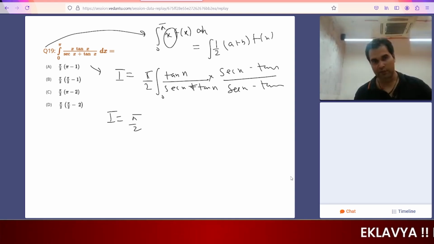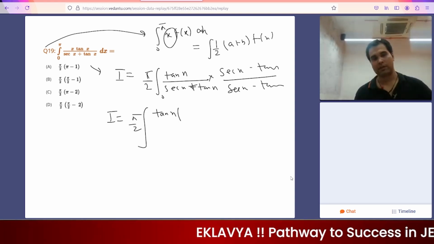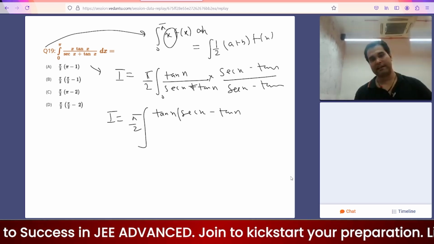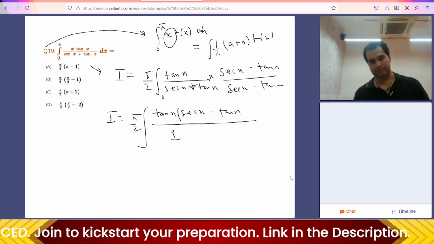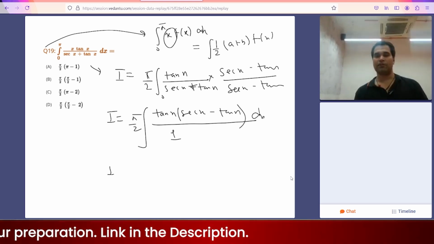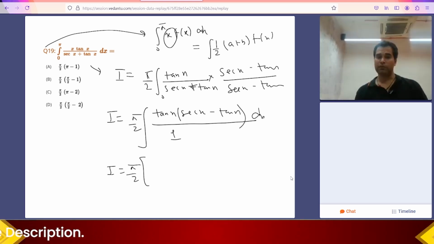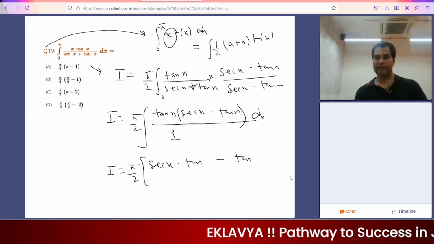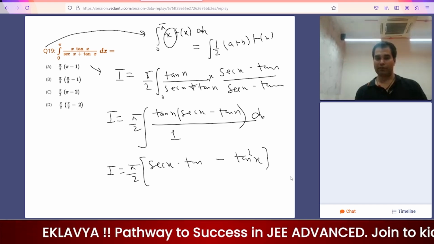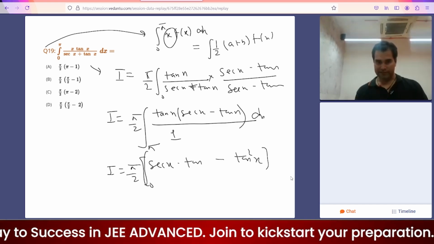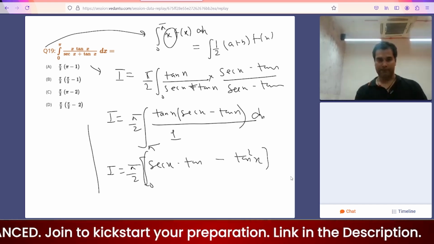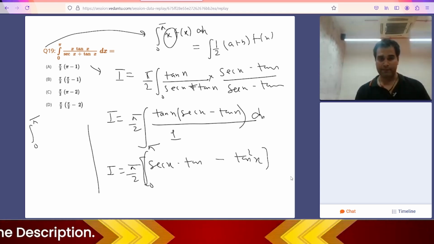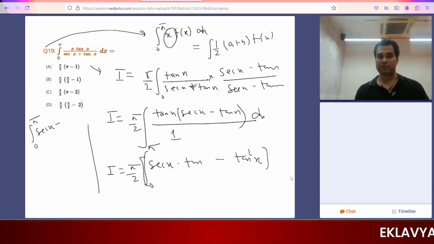This means I equal to pi by 2 tan x into sec x minus tan x, and sec square x minus tan square x is 1, means I equal to pi by 2 and here sec x into tan x minus of tan square x, and integration of 0 to pi, sec x into tan x